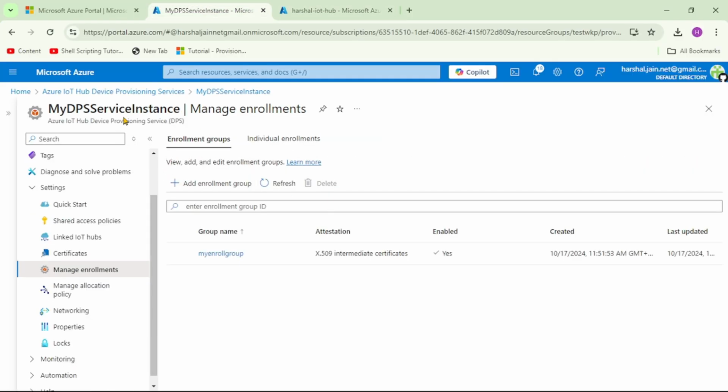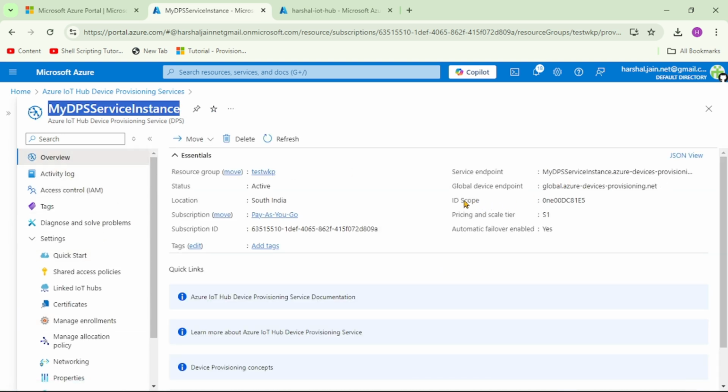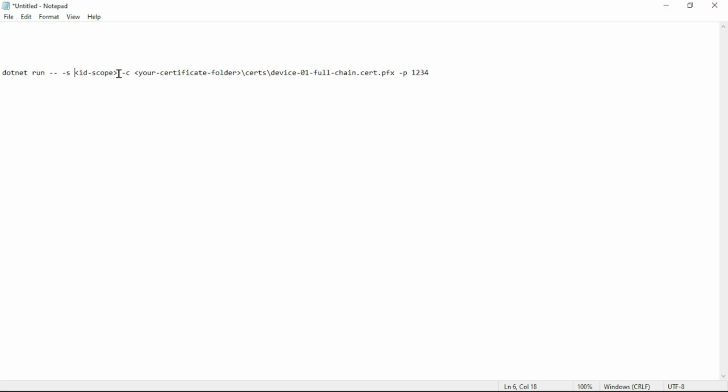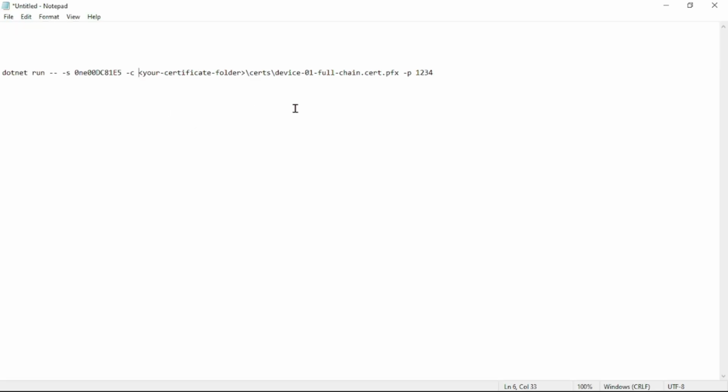So again we are back in Azure portal, and we have opened this DPS. So let's go here and click on overview. So that is the ID scope of our DPS service. Let's copy it and paste it over here, and then we need to provide the path for our PFX file for the device. So again, that is D drive X509 underscore demo. So let's copy this command